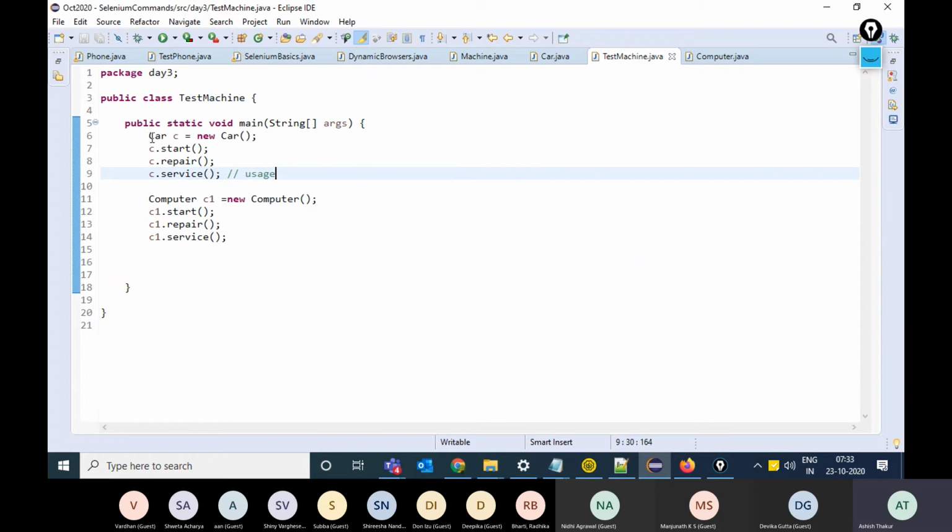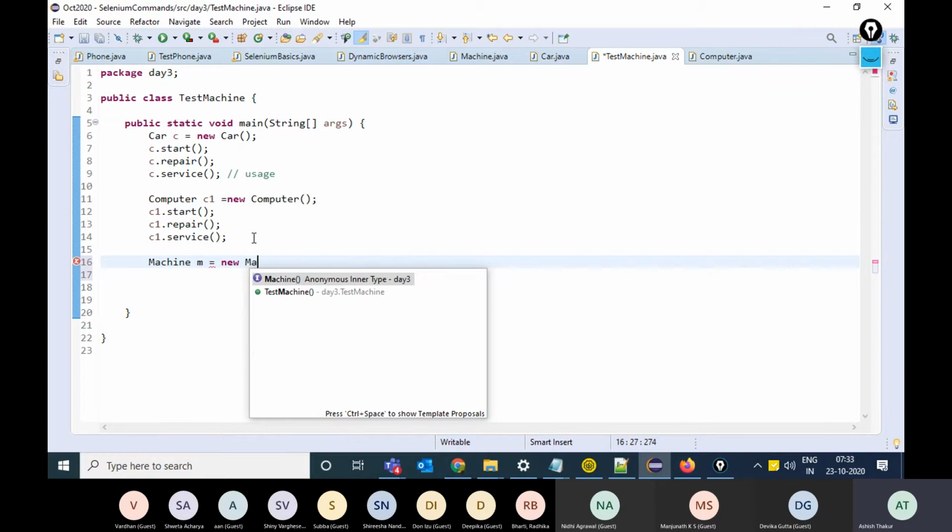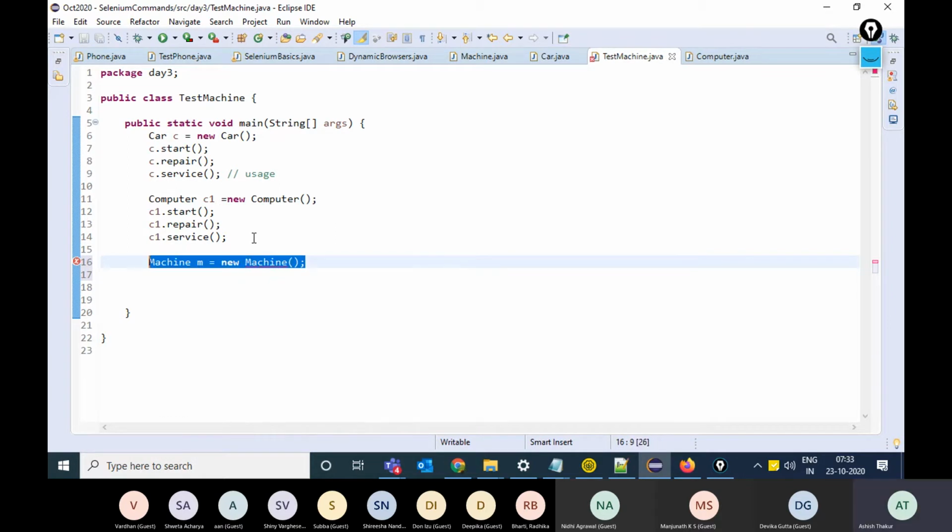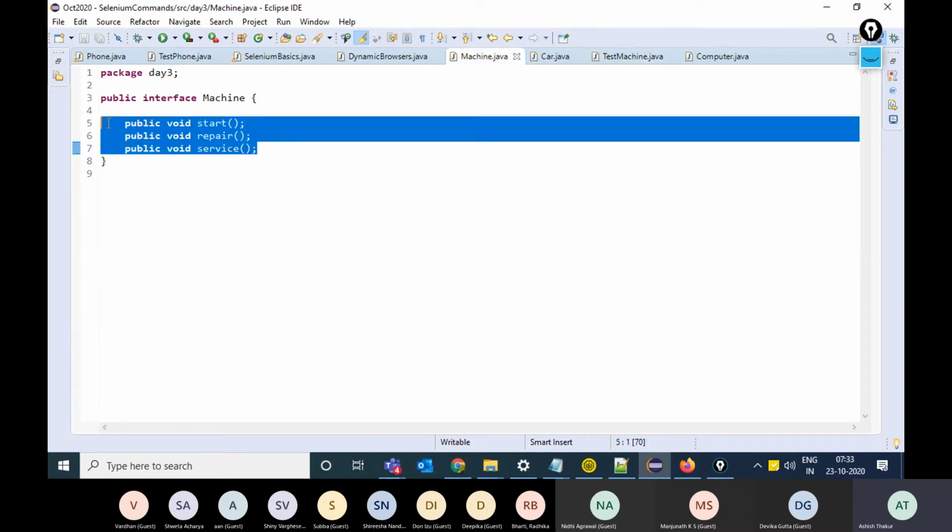I'll go to this class. First of all, you cannot create an object of an interface. I have the interface machine. I cannot write machine m equals new machine. This will give you an error, because obviously machine is something which is incomplete.